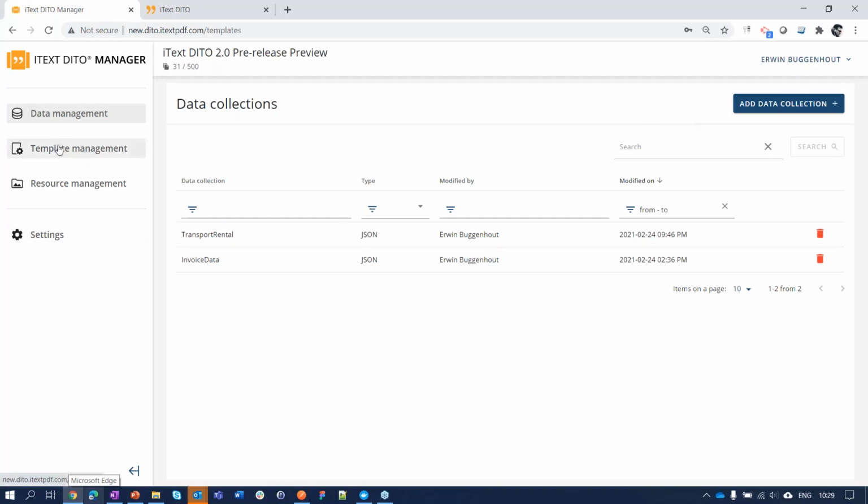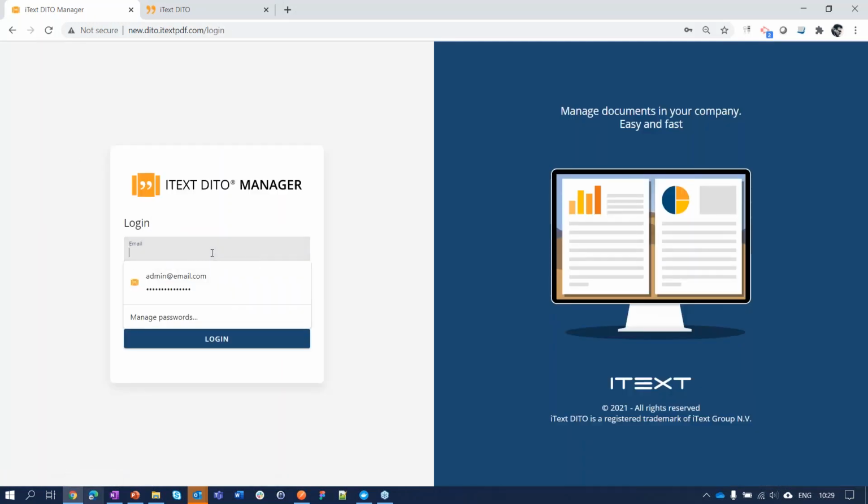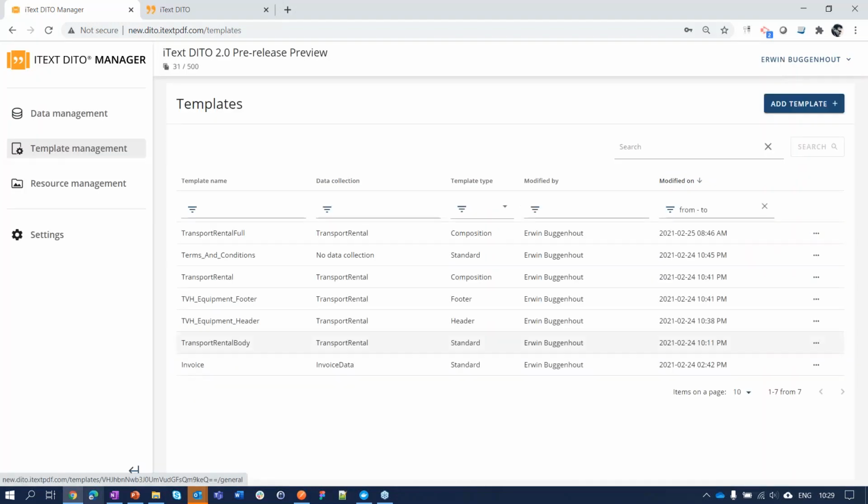I think probably I'm going to be asked to log in again. So that's also for the people who are already using iText DITO. This is a new concept. We actually have a concept of users now where you can log into the environment. It immediately brings you to the template management environment where you see the templates that you are managing in this